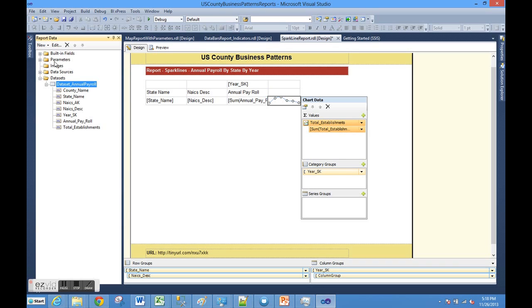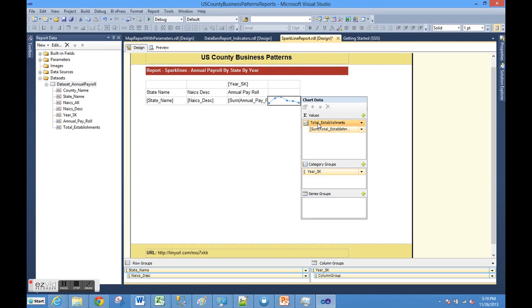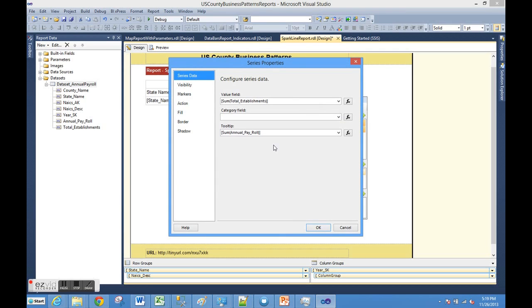And what we have to do while creating this report is just go to the toolbox and drag the Sparkline into this column, and then set the proper values for the Sparkline. So if you double click, that's what we will get here, and then we can see the series properties,